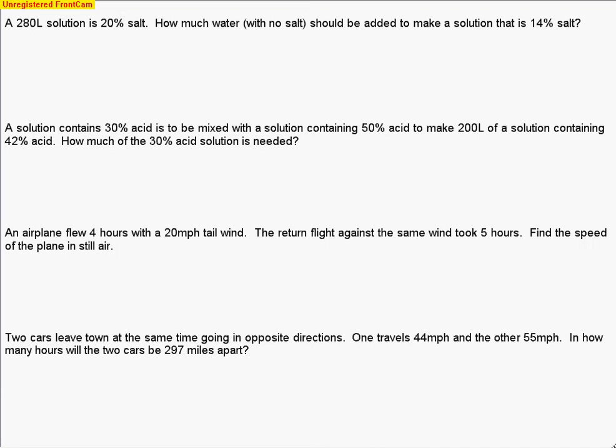These are similar problems to what you'll see on handout number 5A. Taking a look at our first problem, we've got a solution problem. The way we're going to solve this is to set up a little chart, and it goes: the amount of solution